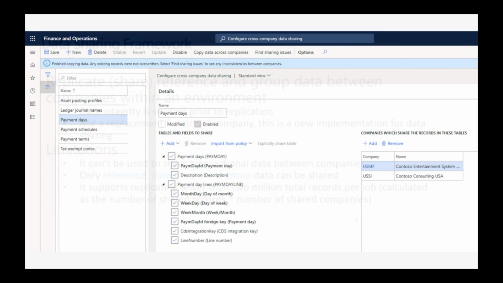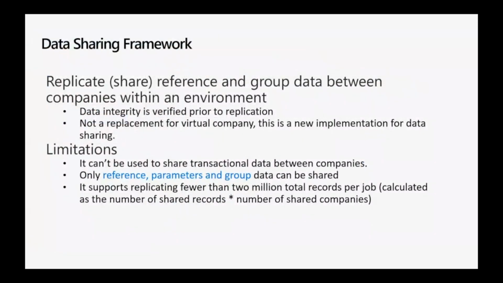There are, as I mentioned already, some limitations. Definitely you cannot enable it for transactional data. It's meant typically for master data or reference data, the kind of information which is static and can be shared across different legal entities. Also, there is a limitation at the moment for each job: we should not synchronize more than 200 million records.